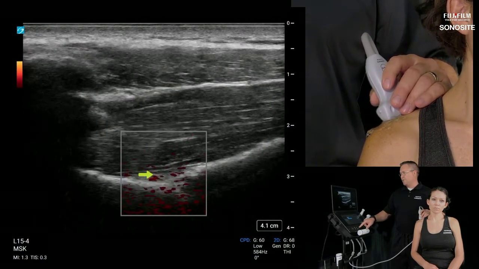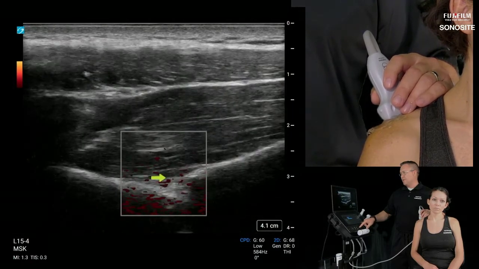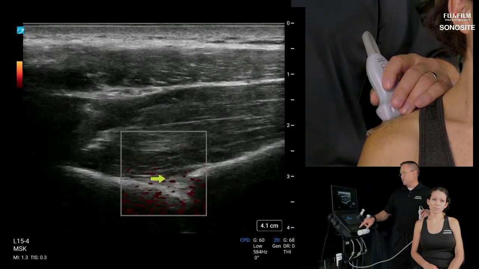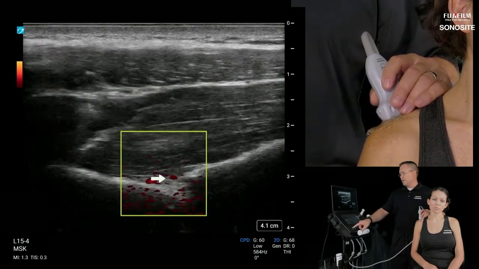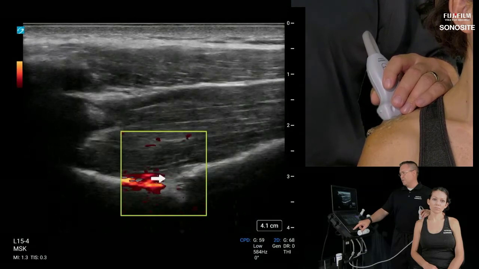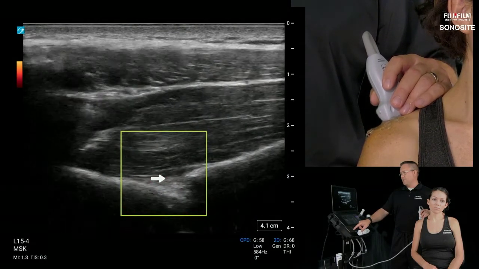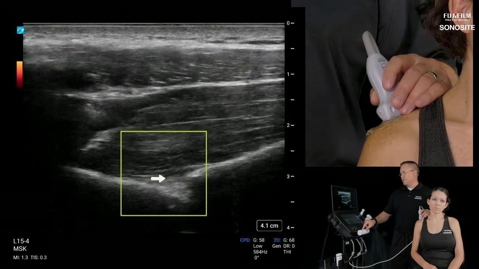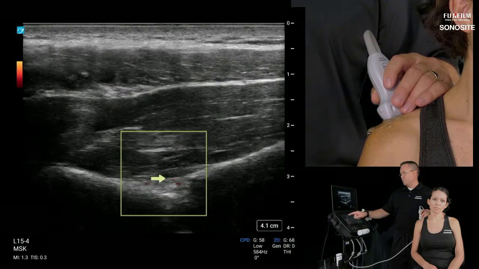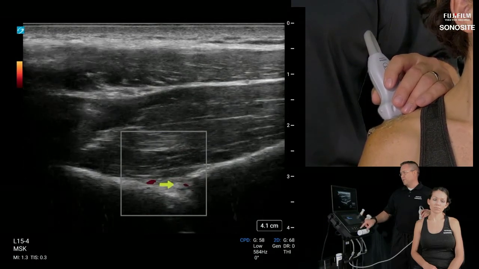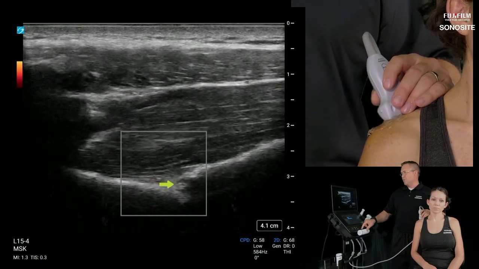I'm going to suspect that this pulsatile steady structure is above the bone, and just to check that, I'm going to reduce the gain underneath the bone until that twinkling color goes away. And there we can see that suprascapular artery right there in the notch really nicely. And we know that that suprascapular nerve is going to border that artery, so that we could use that artery as a guide. If you're going to drop your needle down to this level, you know what to hit and